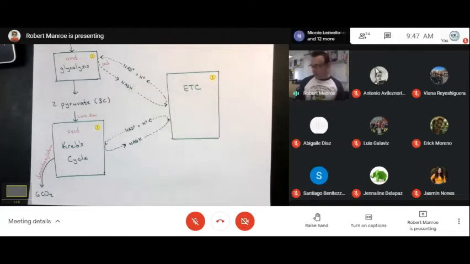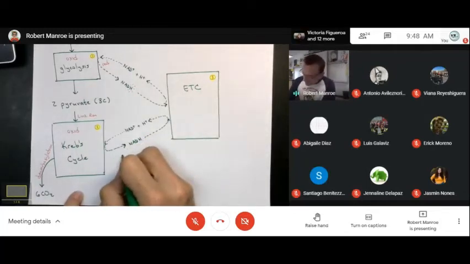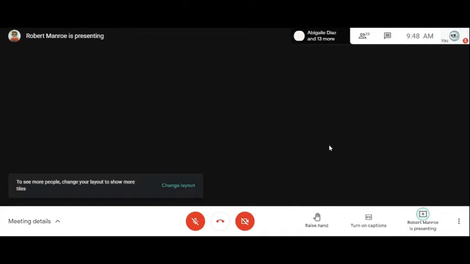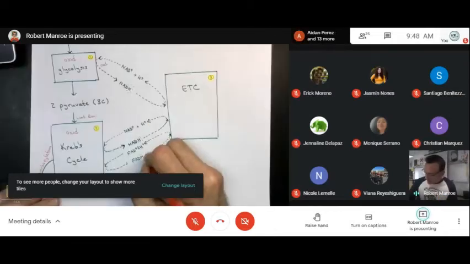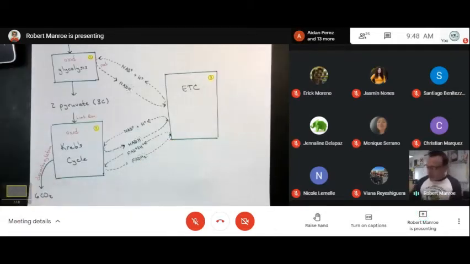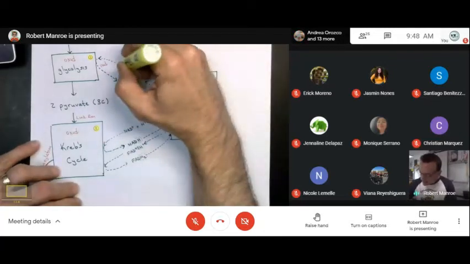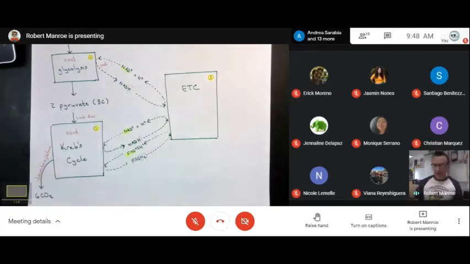There's then an electron carrier that instead of using nicotinamide, it uses flavonoids. You don't have to worry about that. But it changes the name of the electron carrier. High energy electrons are pulled out here, and high energy electrons are pulled out here. Boom, just like that. So you have electron carriers, NAD, NAD, and FAD.